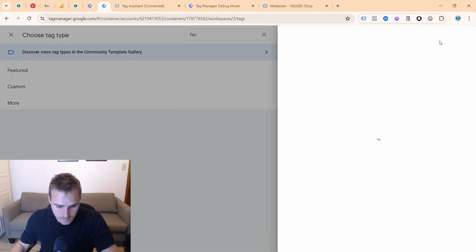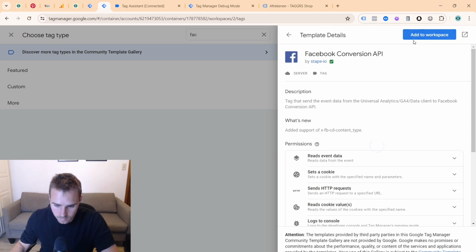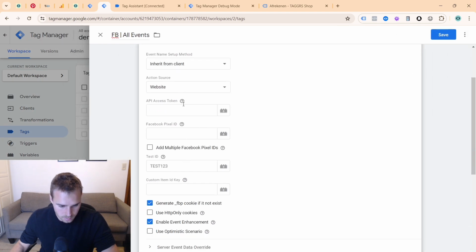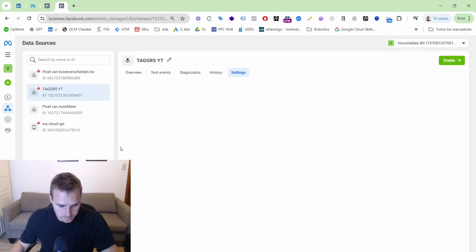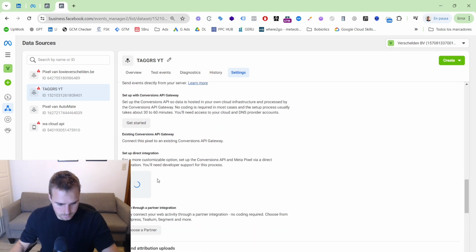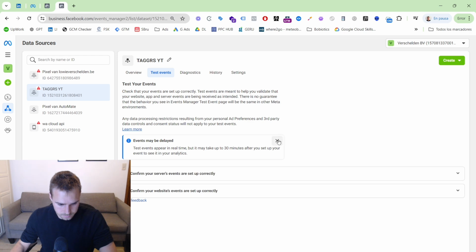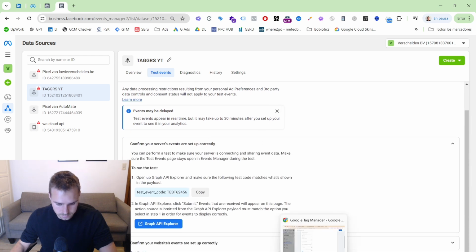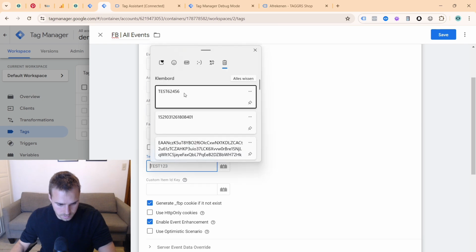This will be a template gallery, Facebook, and use this one, Facebook Conversion API. API access token, pixel ID, and test events. Pixel ID, test ID,